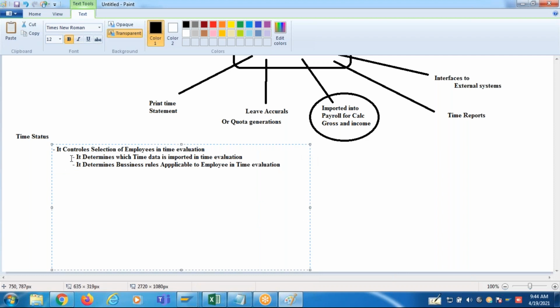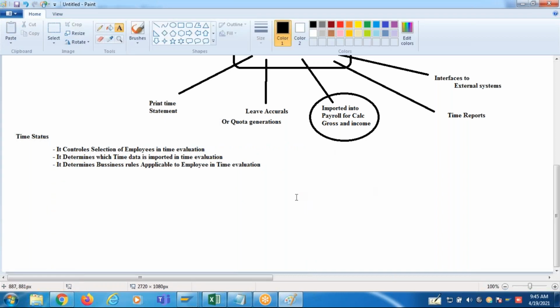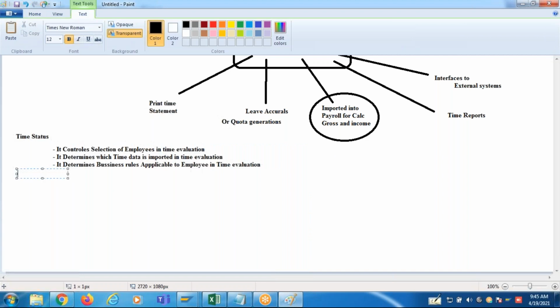The time status is defaulted in InfoType 7, using the feature TMSTA. What statuses do we have? And what is the meaning of each status?